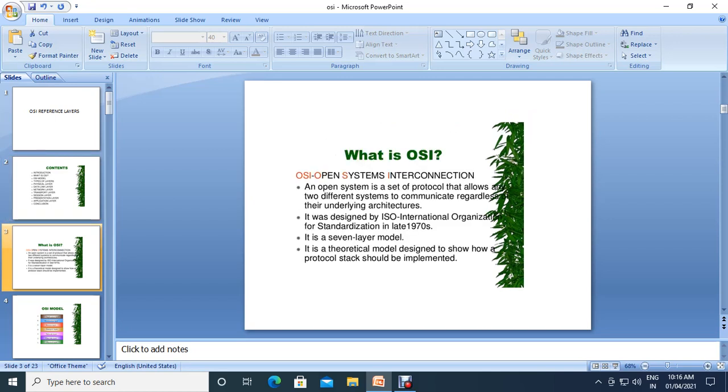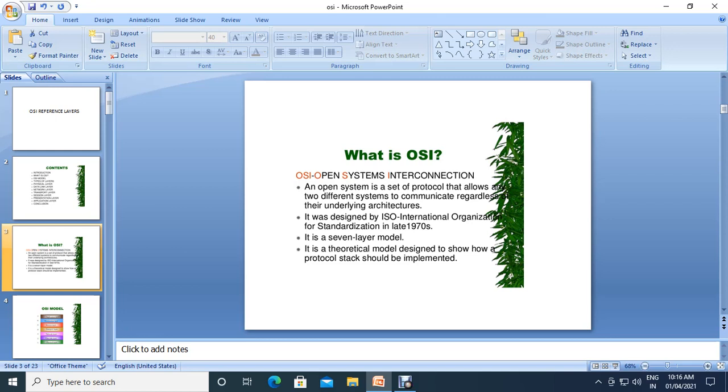Okay. So the first topic is what is OSI, and what it is related to. The full form of OSI is Open Systems Interconnection. Here an open system is a set of protocols that allows any two different systems to communicate regardless of their underlying architectures.